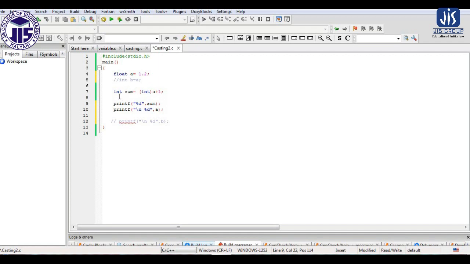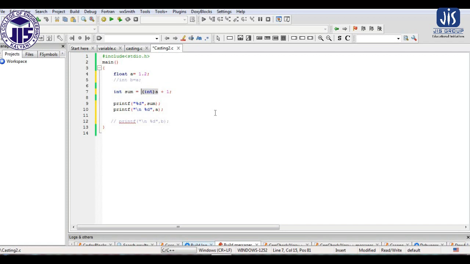Here we have taken another variable sum, where we perform a plus 1 operation. But here you can see that sum is an integer type variable, and here we write int within brackets, the data type, and the variable name.